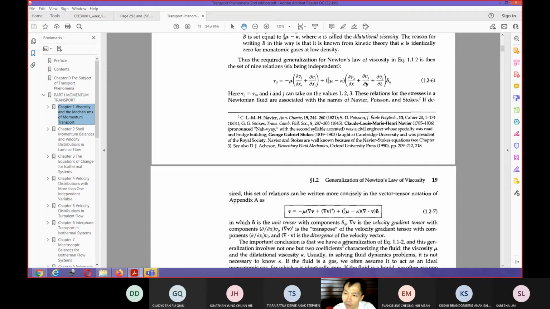But look, there is a fine difference in here. This diff multiplied by V, as you can see, has the same subscripts. So this is X, this is X, this is Y, this is Y, this is Z, this is Z. Whereas this diff factor in here will have different subscripts. So this one is J, this is I, this is I, this is J. This is called the divergence of the velocity vector.